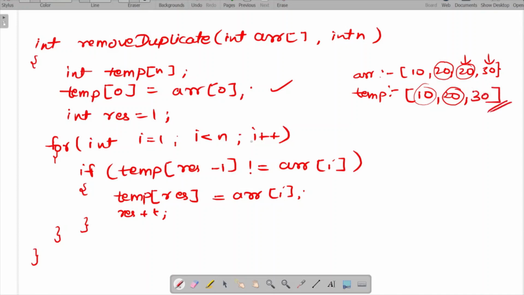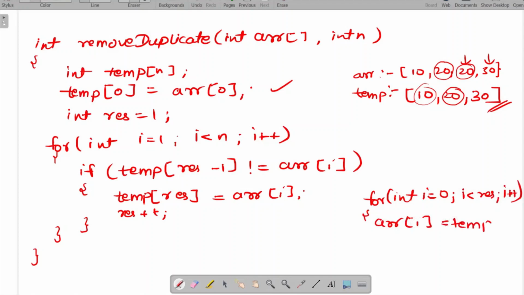So this is the basic code or function you can say, and when this runs, after that we just have to write this for loop where we will copy all the elements of the temporary array into the given array like this.